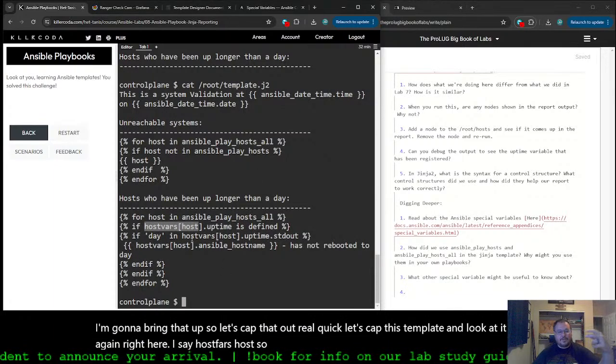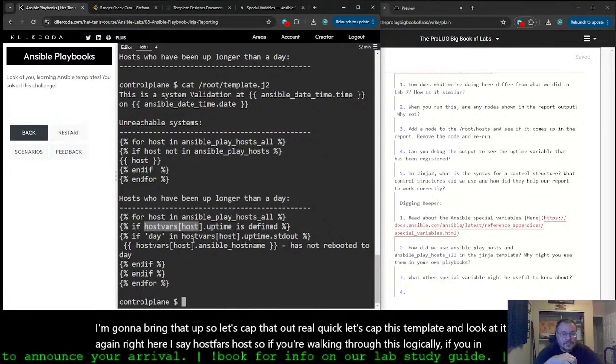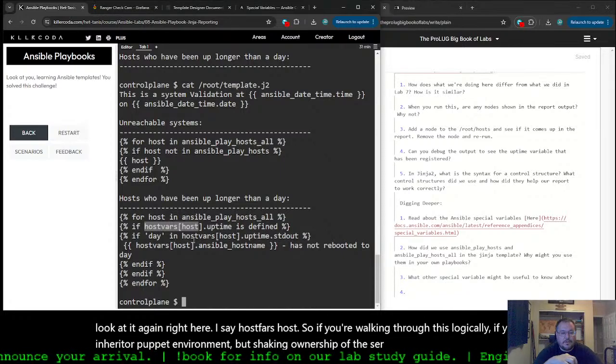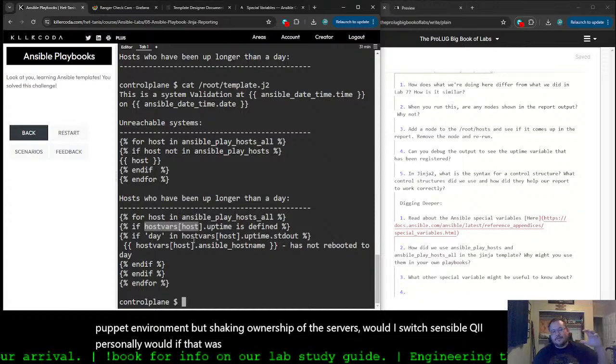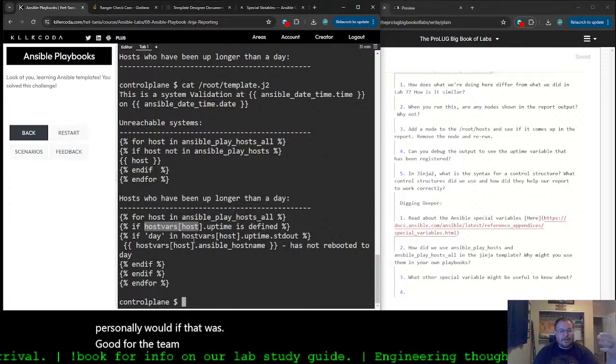So if you're walking through this logically, if you inherited a Puppet environment but took ownership of the servers, would I switch to Ansible? Q, I personally would, if that was good for the team. Like if I were newer,